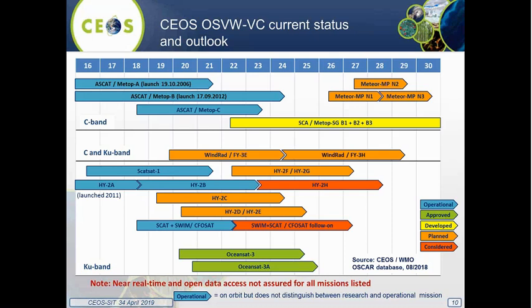you in fact see the launch of ASCAT on Metop-C, which indeed has been launched last year. You also see the launch of Haiyang 2B, which is a Chinese pencil beam scatterometer, which also has been launched last year. You see also a launch of SCAT on CFOSAT, also in blue, which is a Chinese-French oceanographic mission that has a scatterometer on board, and also this indeed has been launched and has now data.